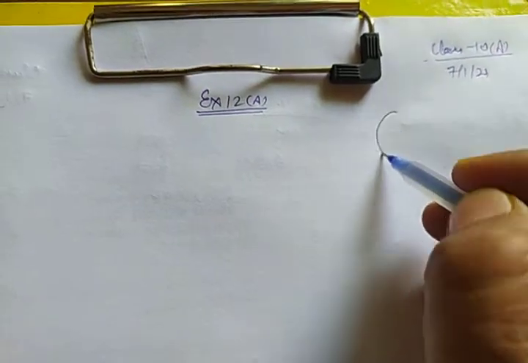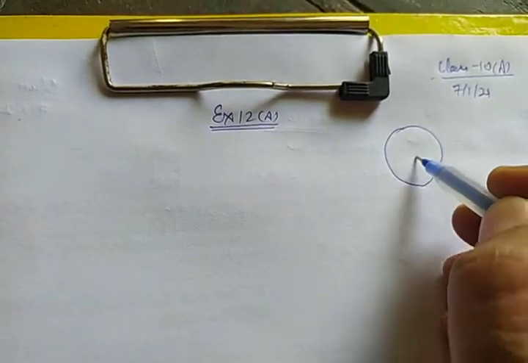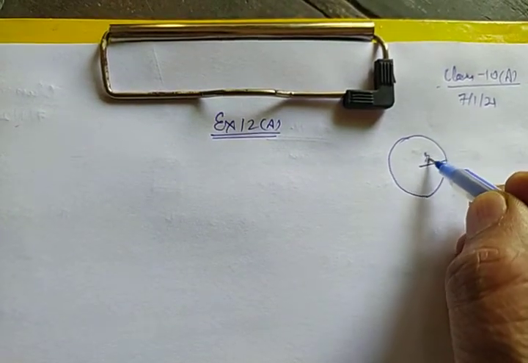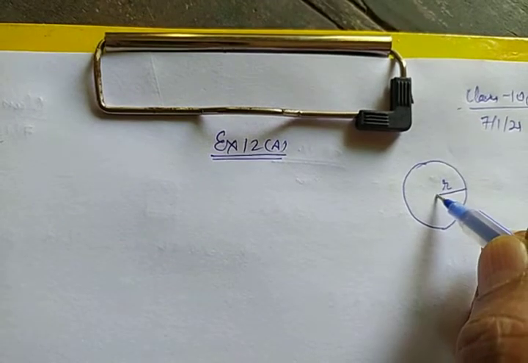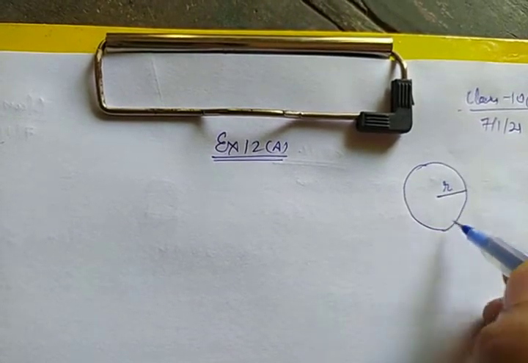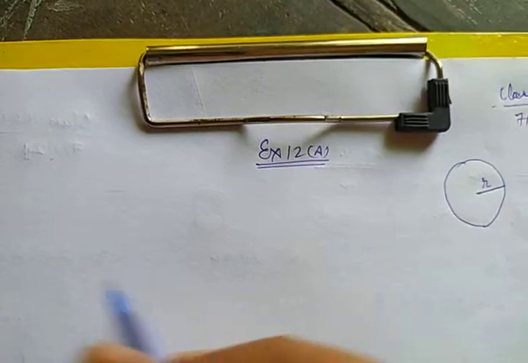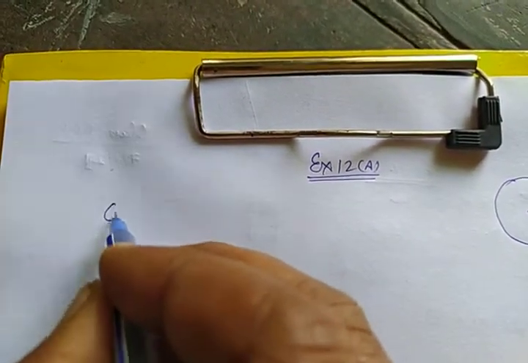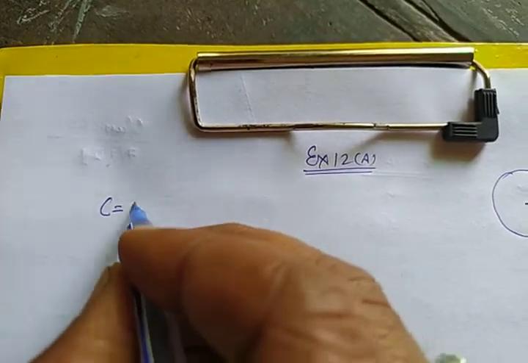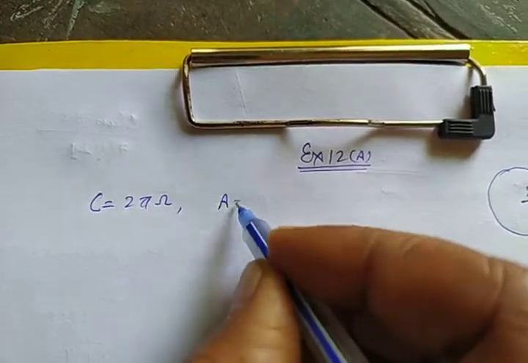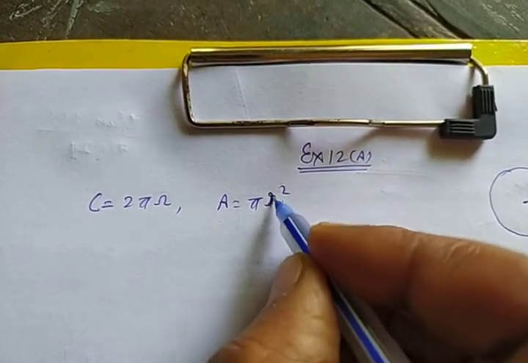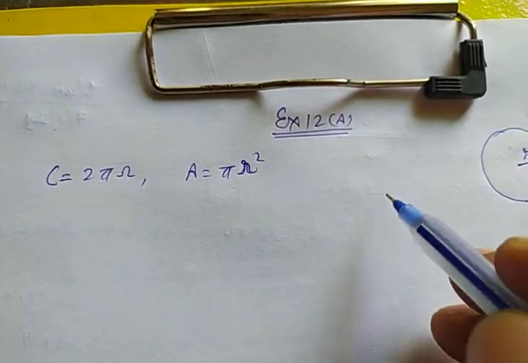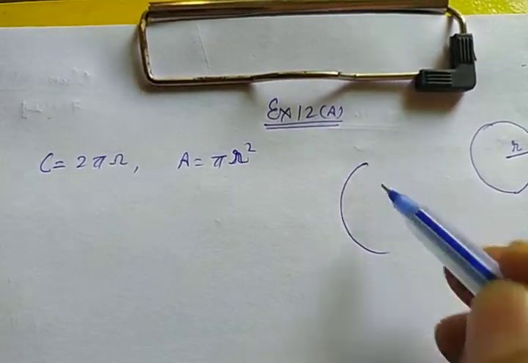This is your circle. It contains all parameters required for the various purposes, the radius. Radius is the only parameter which will be used in calculating all the things regarding it. Then first your formula is circumference, that is equal to 2 pi r. Area is equal to pi r square. These two formulas you have been knowing from previous classes, but in this class what you have to consider is,